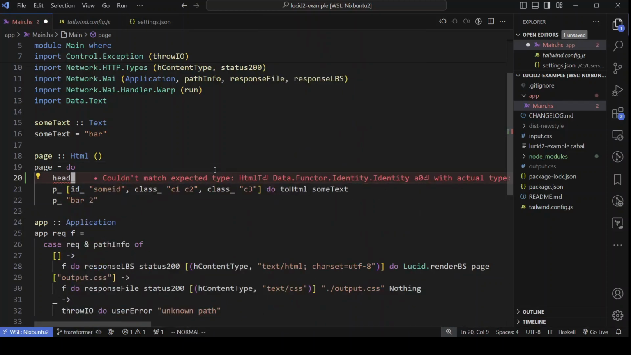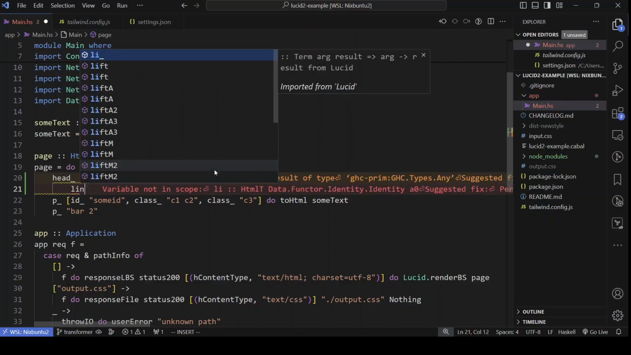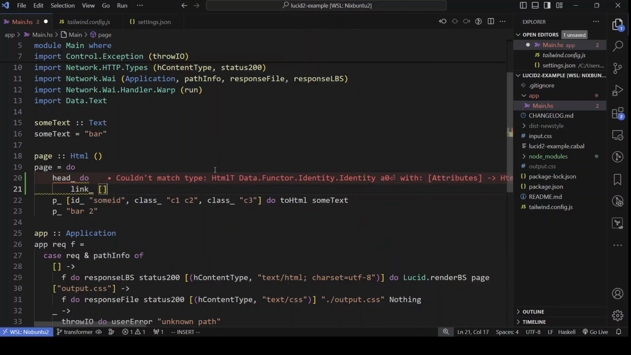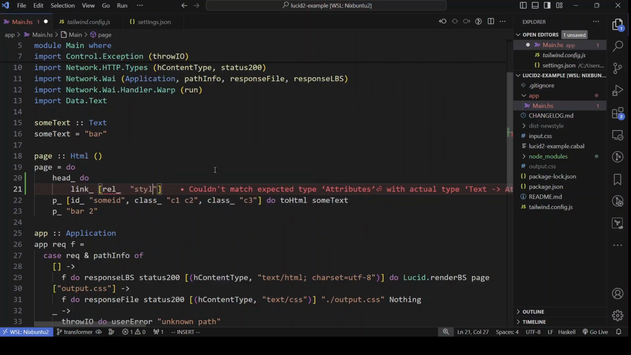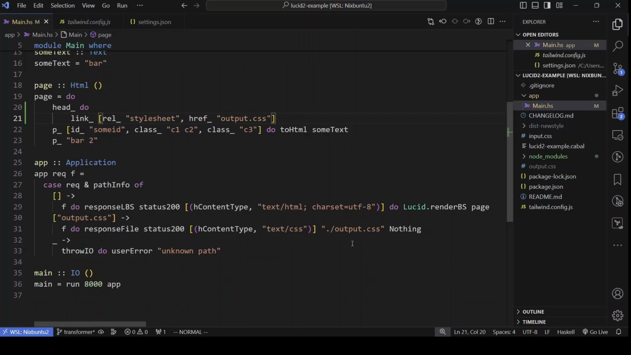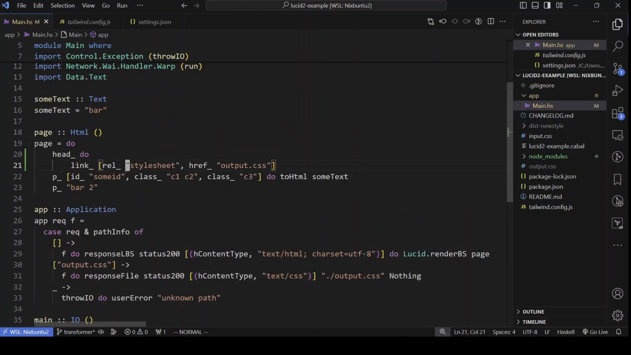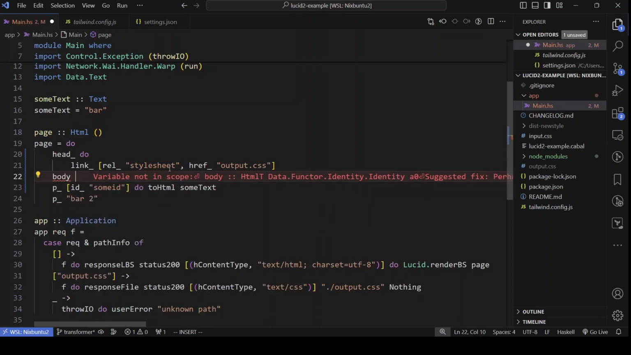So let's do that. Trying to write the link. Then the href pointing to the output CSS file. And remember that I serve that file in this line of my Wai application. And now we are going to delete these classes, add a body,